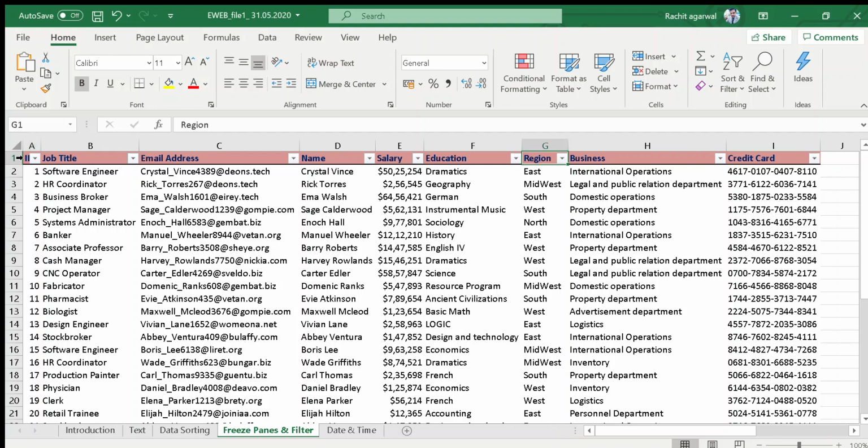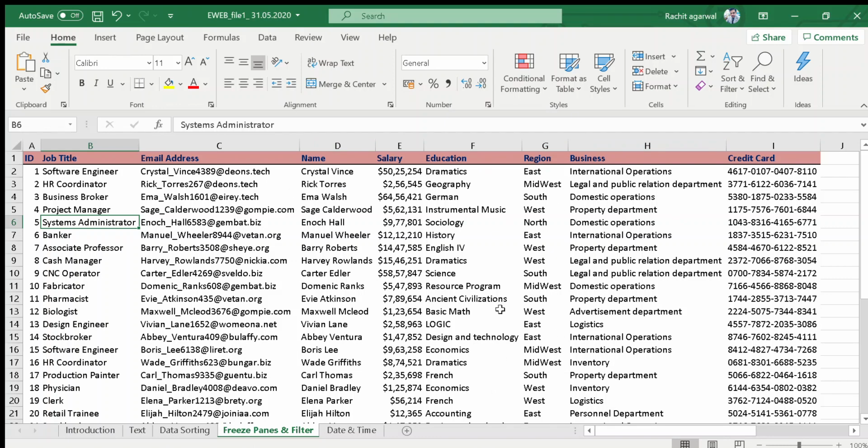For using the advanced filter, first of all remove the basic filter option. Go to the same tab and click on Filter again. Here the filter option has been removed. Now for using the advanced filter, first of all make sure you have three things. First is your data on which you want to apply the advanced filter. So we have the data right now, this one is the data.